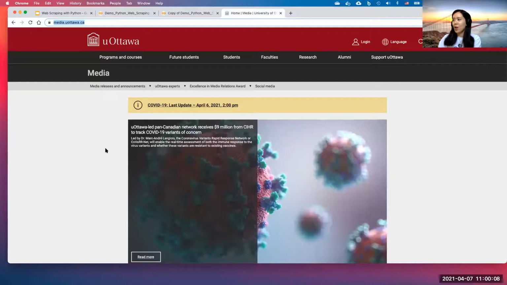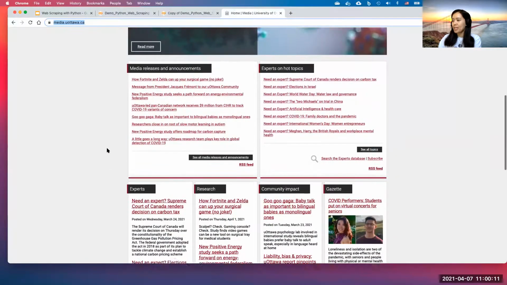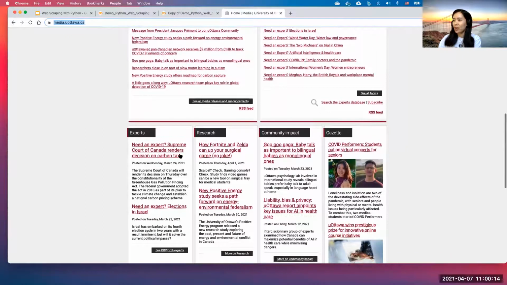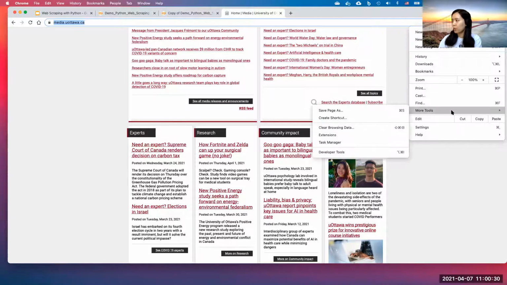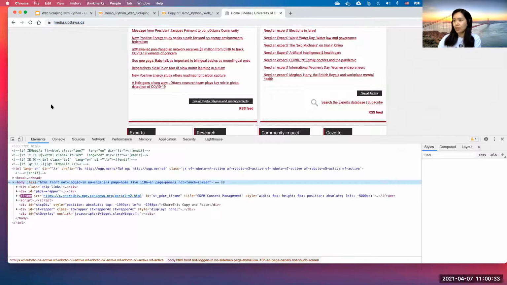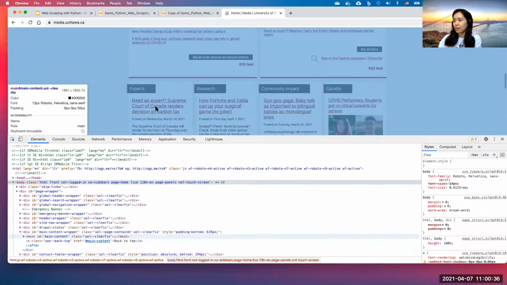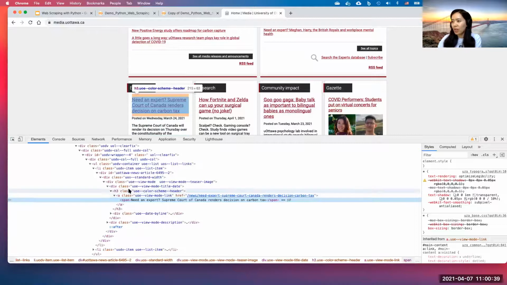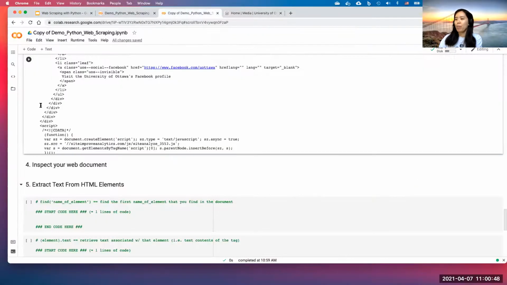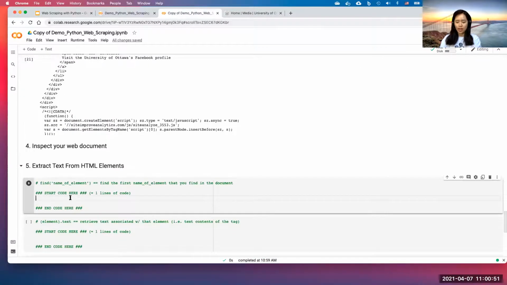So on this website, what I am interested in is scraping the title of the article, "Need an expert: Supreme Court of Canada renders decision on carbon tax." Again, in order to inspect, go to More tools, Developer tools, and then the pointer. If I point here, yes, it's the H3, and then A, and then the span element. So if I go back, let's say